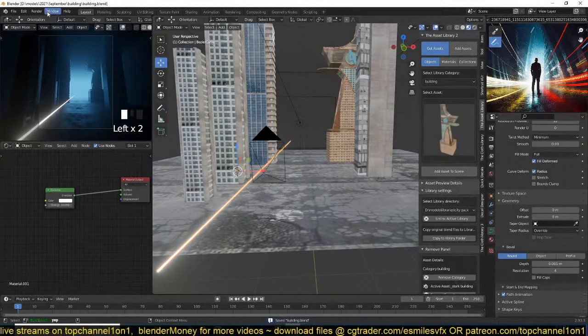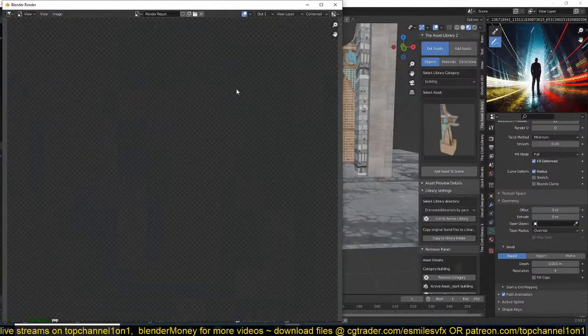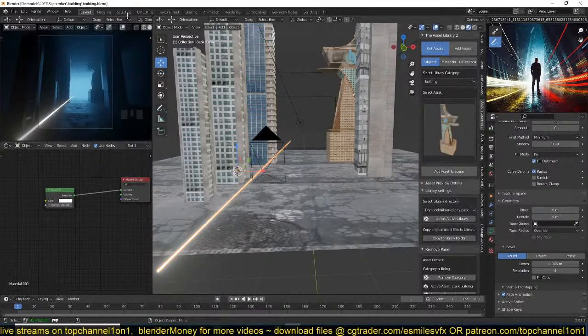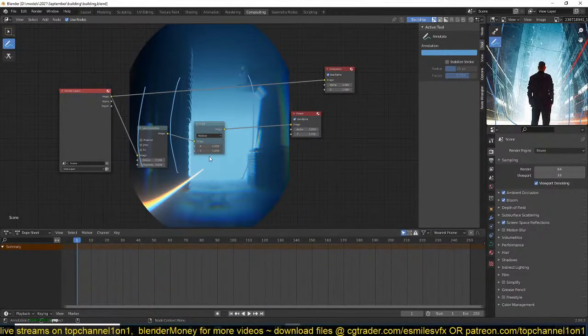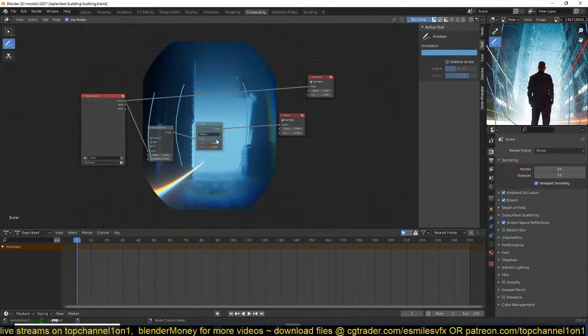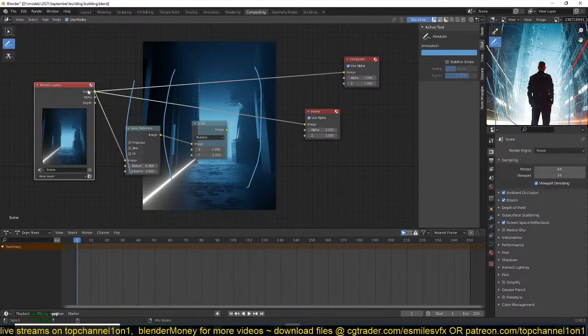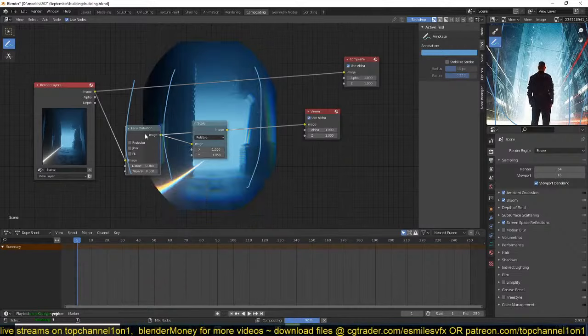Okay, so now if I do a quick render, let's see. Did we remove the distortion? Let me go back to my compositing. You know what? I actually like how this is turning out, especially with the lens dispersion. So let's first look at this without the, this is with the lens distortion, and I think we would need